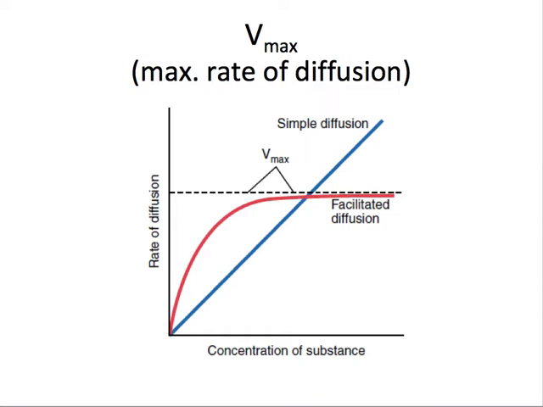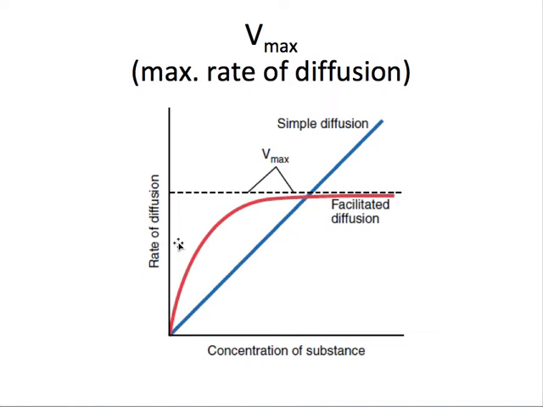There is an important concept regarding facilitated diffusion, and that is called Vmax. This Vmax is basically the maximum rate a facilitated diffusion can attain. In facilitated diffusion, the rate of diffusion approaches a maximum, and that maximum is called Vmax. Here the V stands for velocity and max is of course maximum. So the rate of facilitated diffusion reaches a Vmax as the concentration of the diffusing substance